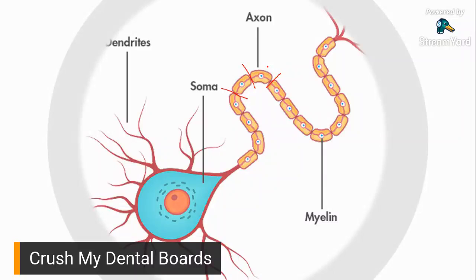So what's saltatory conduction? If you recall, saltatory conduction is the jumping of the impulse from one node to the next. Instead of traveling the entire length of the axon, it's just jumping. Because it's jumping from one node to the next, you would expect what? Faster conduction of impulse.